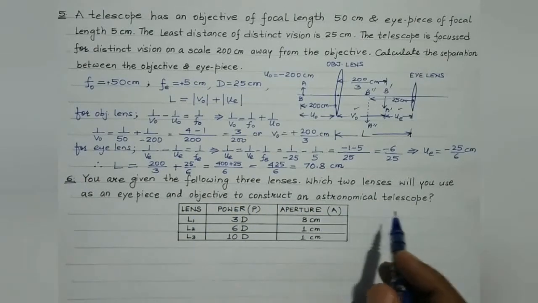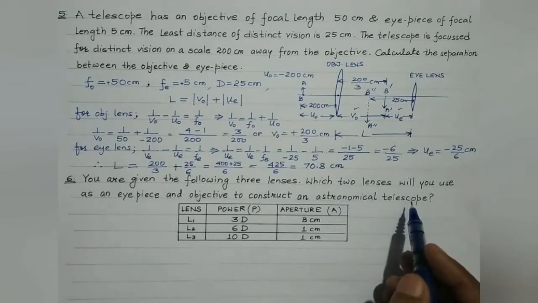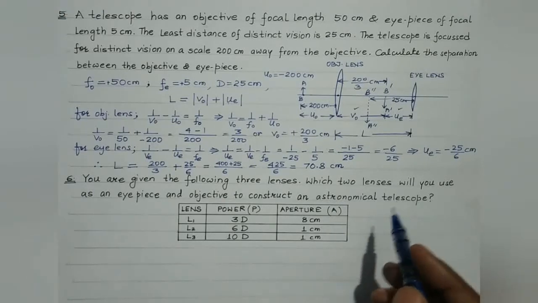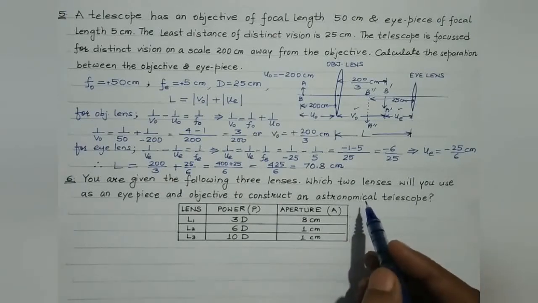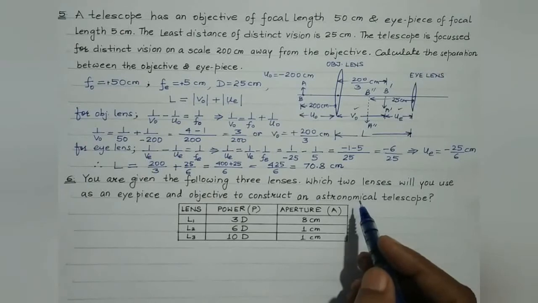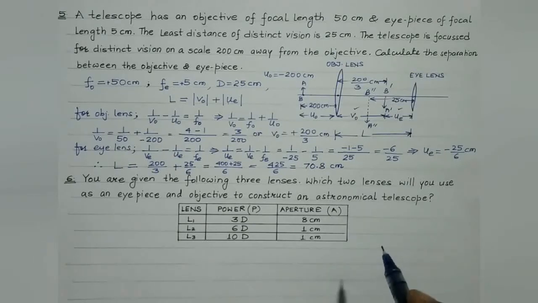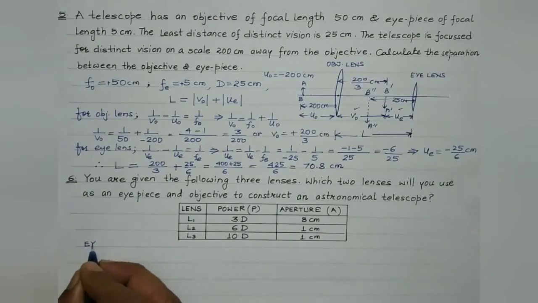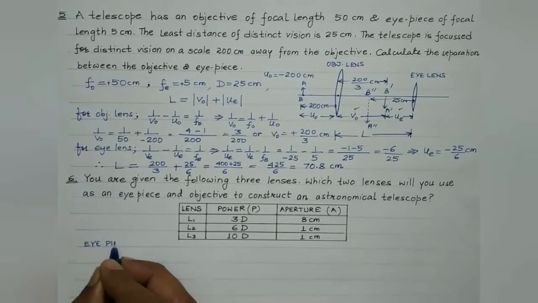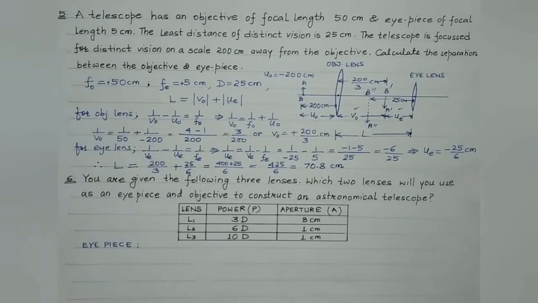Now students, you must be aware, in an astronomical telescope, so as to have high light gathering property and large resolving power, the aperture and the focal length of the objective should be very large, while the focal length and aperture of the eye lens should be very small, right? So let's consider the eyepiece. For the eyepiece, as I stated, the focal length should be small and the aperture must be small, right?